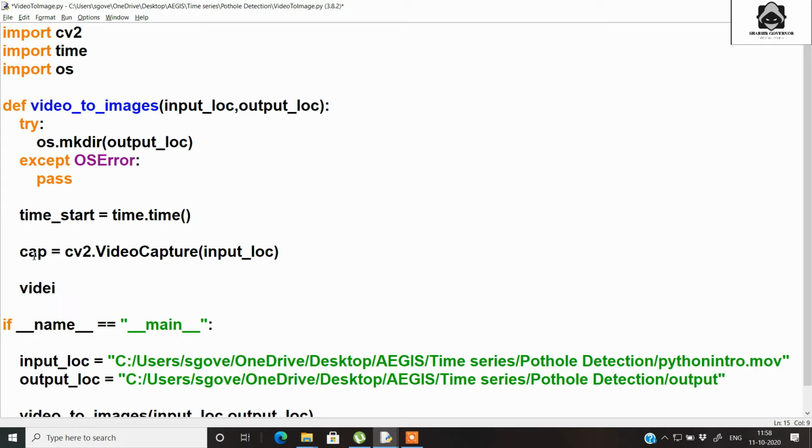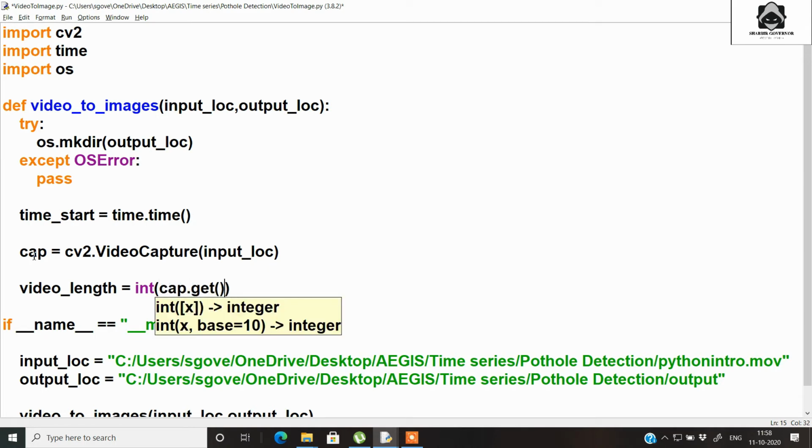For that we define one more variable called video_length, and we typecast it first of all into int, and using the get method on the same object that we have created above for the video, we will be writing cv2.CAP_PROP_FRAME_COUNT.